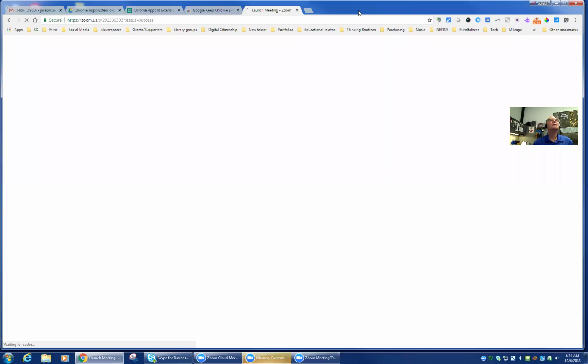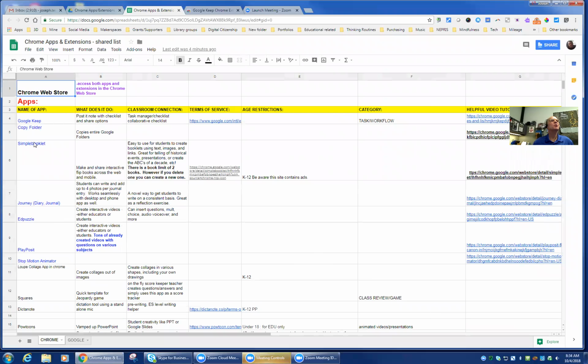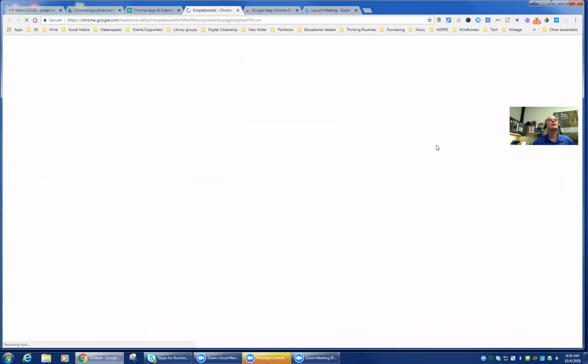Love it. All right, so the next one I wanted to show you guys is Simple Booklet. Simple Booklet is an easy way for students to create booklets, telling stories, doing historical events, science papers, any sort of presentation they could do using this simple booklet. And it has a limit of 2, but what I like about it is,